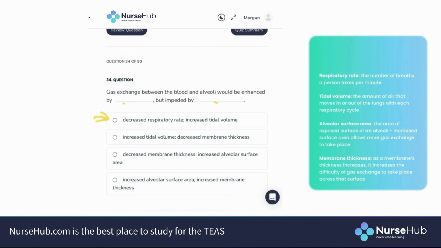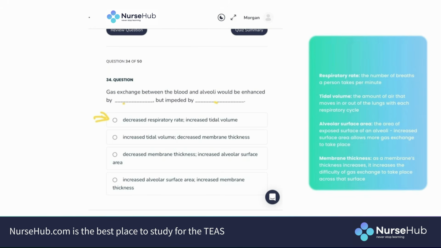Gas exchange between the blood and alveoli would be enhanced by increased tidal volume, but impeded by decreased membrane thickness. Gas exchange between the blood and alveoli would be enhanced by decreased membrane thickness, but impeded by increased alveolar surface area. Or last, gas exchange between the blood and alveoli would be enhanced by increased alveolar surface area, but impeded